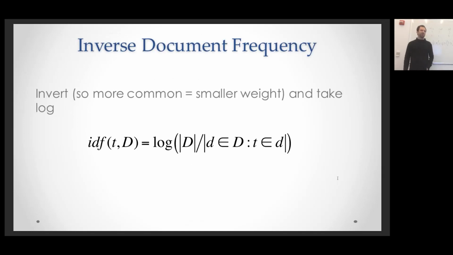And then we say, okay, well, we want to de-weight words that appear in many documents, so we're going to flip it, right? We're going to flip big D over the number of documents that contain it, and we're going to throw a logarithm in there because what the heck? Okay. I mean, the actual reason we need the logarithm there is we want a function that compresses the range,